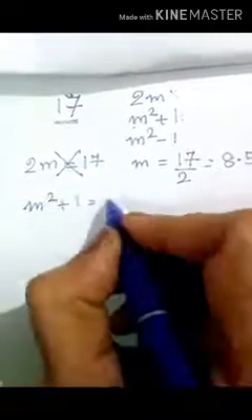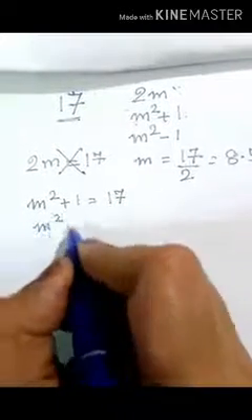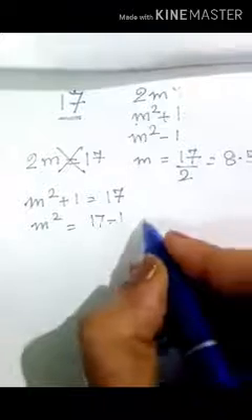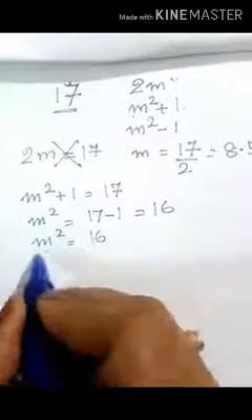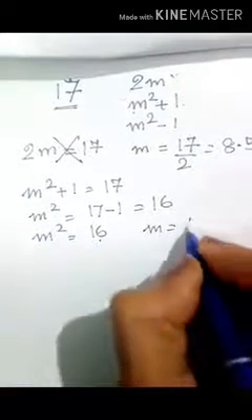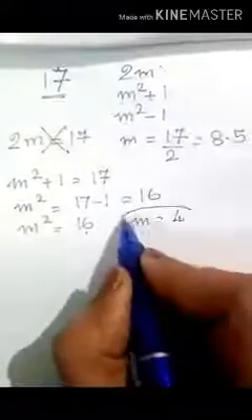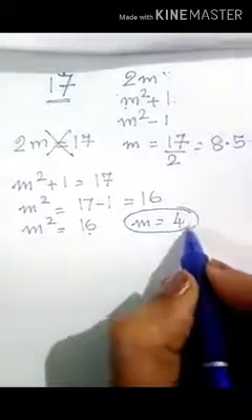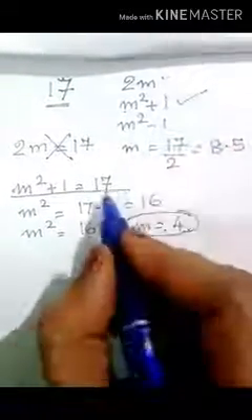Let 17, I put it as m square plus 1. Okay. So what is the value of m square? M square is 17 minus 1, which gives me 16. M square is 16 means it is a square of which number? 4. So m is 4. 4 4s are 16. So I got the value of m. This is not one of the triplet. This is just the value of m. M square plus 1 is 17. So this value is already given to us.